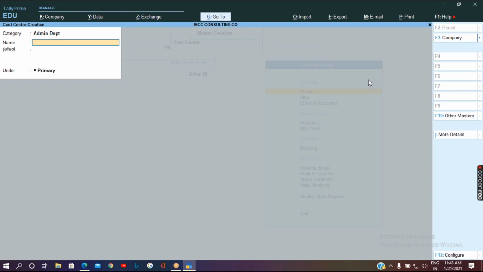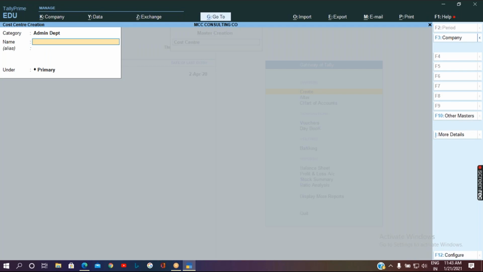One is front office administration and the other is back office administration. Let me take it as FDA. So let it be under primary, but the category should be taken properly. Make sure you select the proper category and create the cost centers under the respective relevant cost categories.